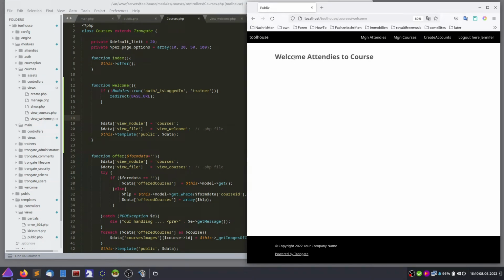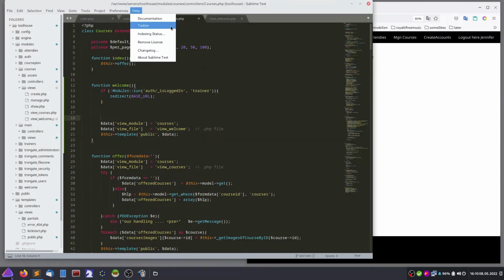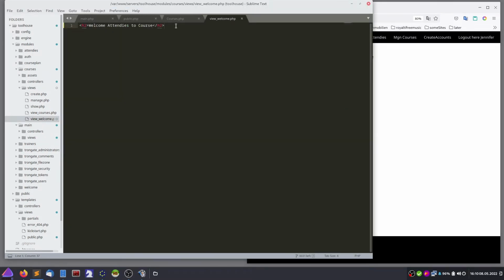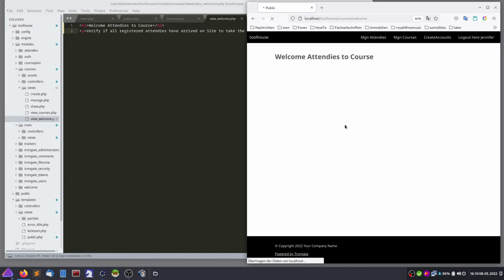Before I forget, let's clarify what will be happening here, and we could write it inside a small paragraph: verify if all registered attendees have arrived on site to take the course. This is the idea of this thing,